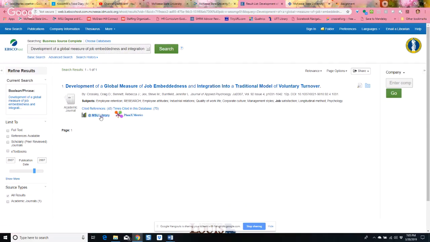So it says I can get it at the MSU library. Awesome. I happen to have a PDF of it. If you go to the library and you see it in print, you need to make a PDF copy of it. And the library does have scanners that produce PDFs. So one of the things that a lot of my students like to do is get the library to provide them with the citation. So if I click on it,